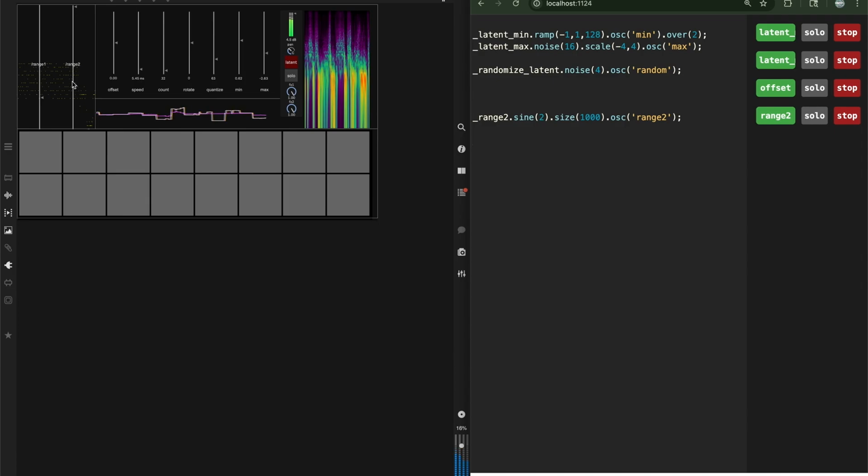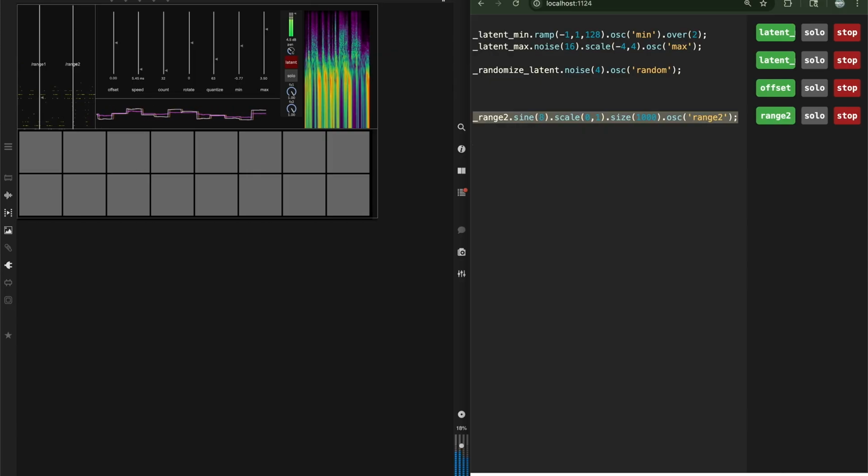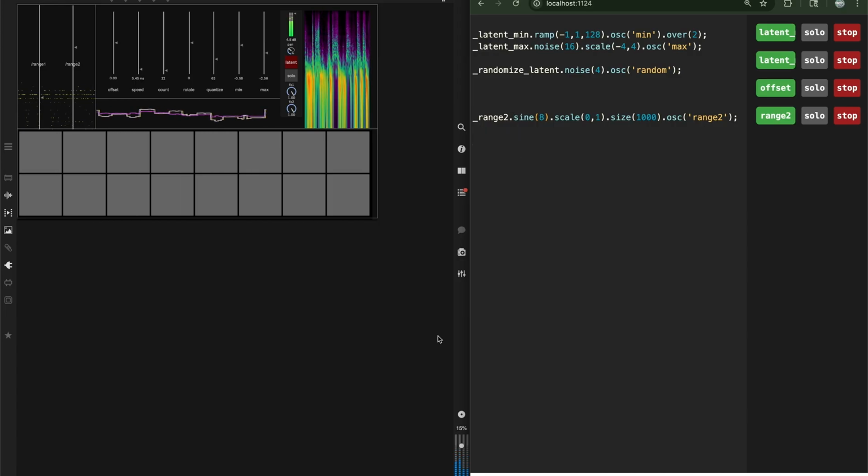You can see this is changing over here, range 2. So now you're getting into that point where you can hear